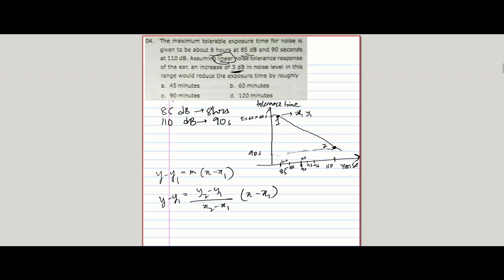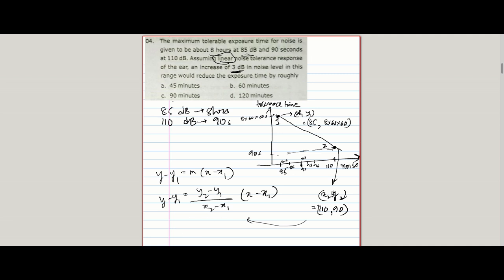The coordinates will be x1 is 85 and y1 is 8 into 60 into 60. And for x2, y2, the coordinates will be 110 and 90. So if we put all these values,